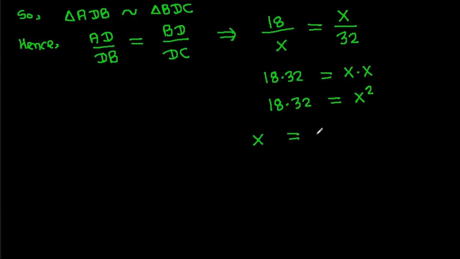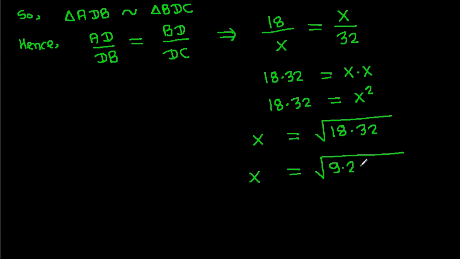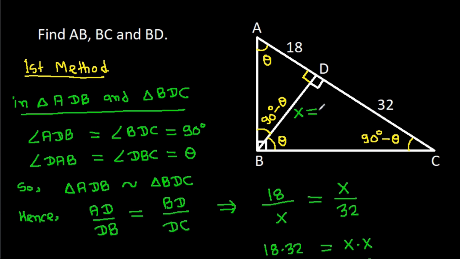So X, it will be a square root of 18 times 32, and X, it is equal to a square root, and 18 is 9 times 2 times 32 is 16 times 2, and X is equal to a square root of 9 is 3 times a square root of 16 is 4 times a square root of 2 times 2 will be 2, and it is 24. So we get X is 24,